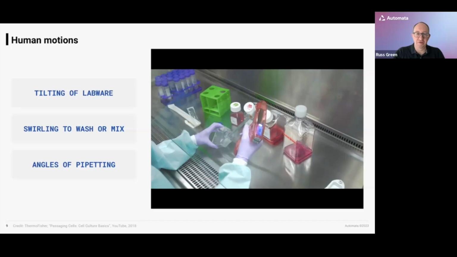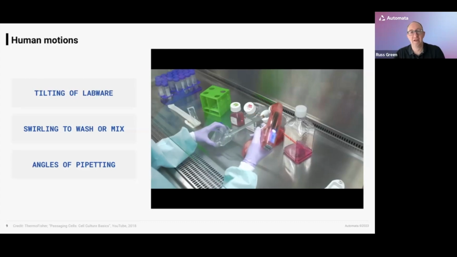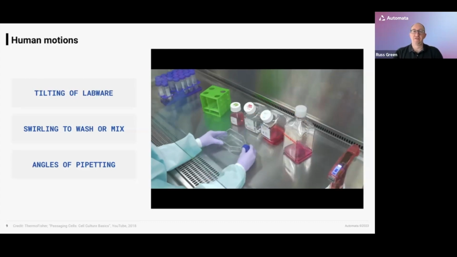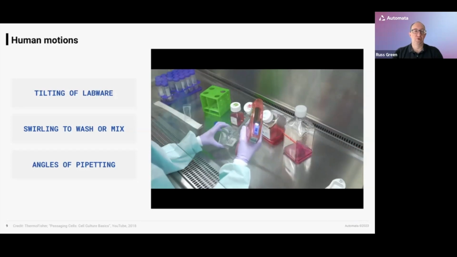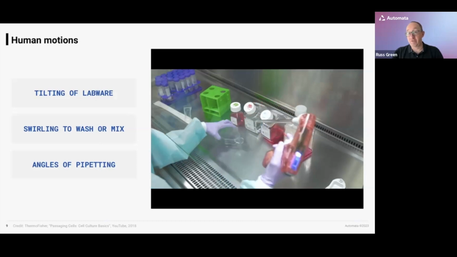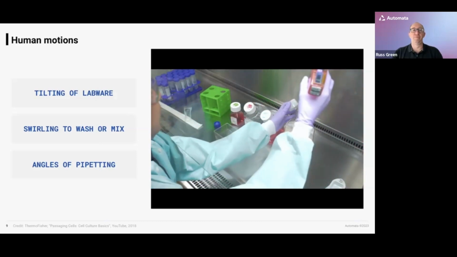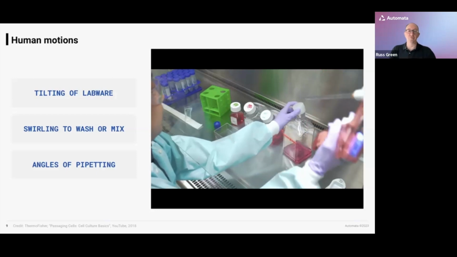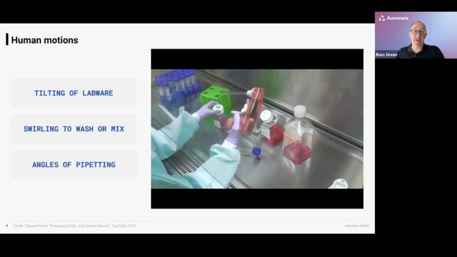As we go into the next part of this process, you can see once the wash buffer has been added, the PBS here, that the cap is then returned, and then the labware is rocked and shaken in order to give a wash. So these are all things which we need to think about how we're going to recreate in an automated environment, and what's going to make those more viable to do robustly and routinely.